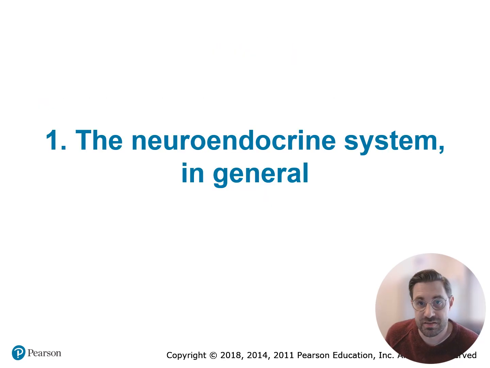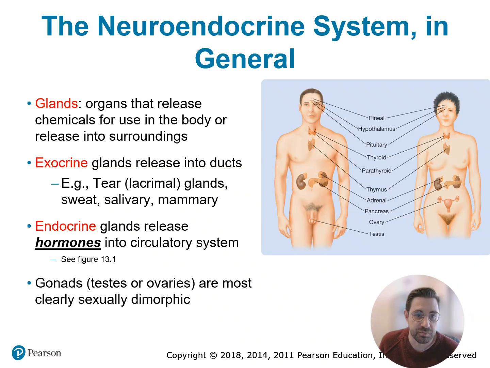So the neuroendocrine system in general is a big topic about how your nervous system interacts with your endocrine system, or how your brain interacts with your hormones, right? And this is going to be critical to talking about sex differences, and then ultimately to gender and sexuality differences as well. There's going to be some interactions there. So let's talk generally about how your hormone system works, and how that interacts with your nervous system.